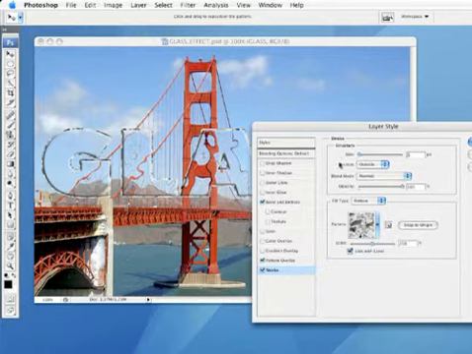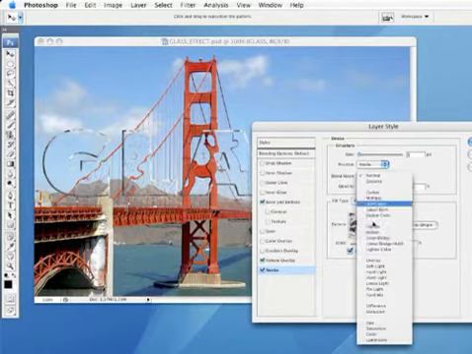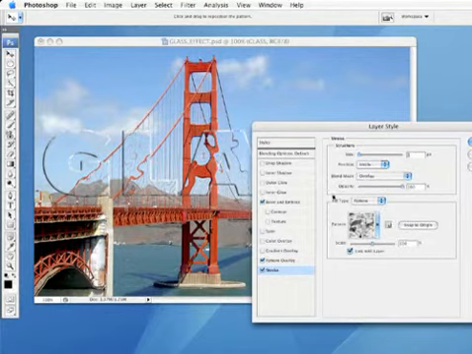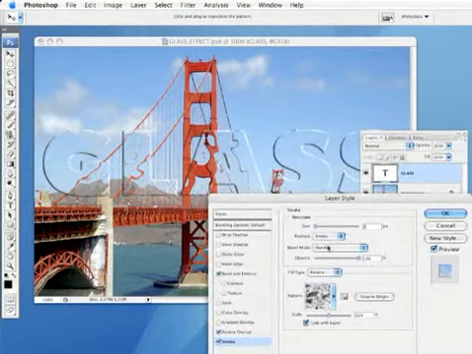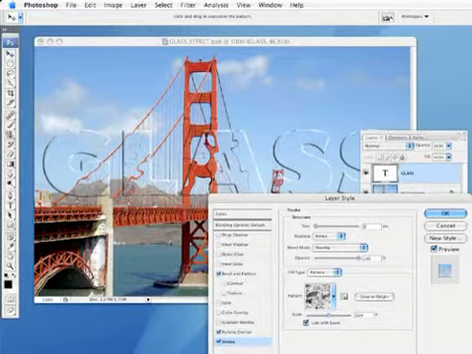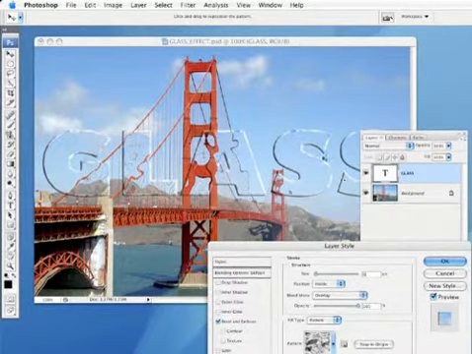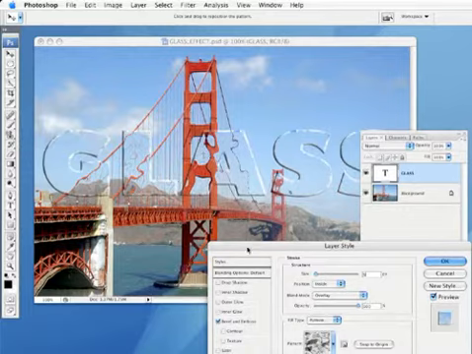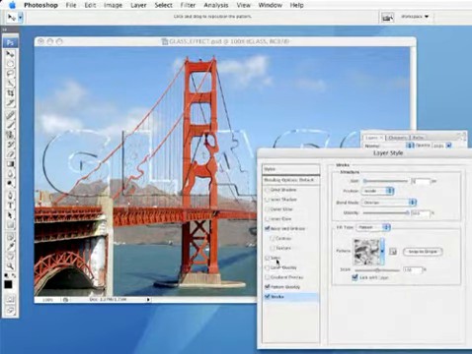I'm going to change the position of this stroke to the inside. I'm going to change the blend mode to overlay, so it gives me that kind of a sharp edge look to it. I'm actually going to increase the size to about 5. So that's giving me a really interesting glass edge effect there. That looks pretty good. I'm going to finish this off by adding a satin